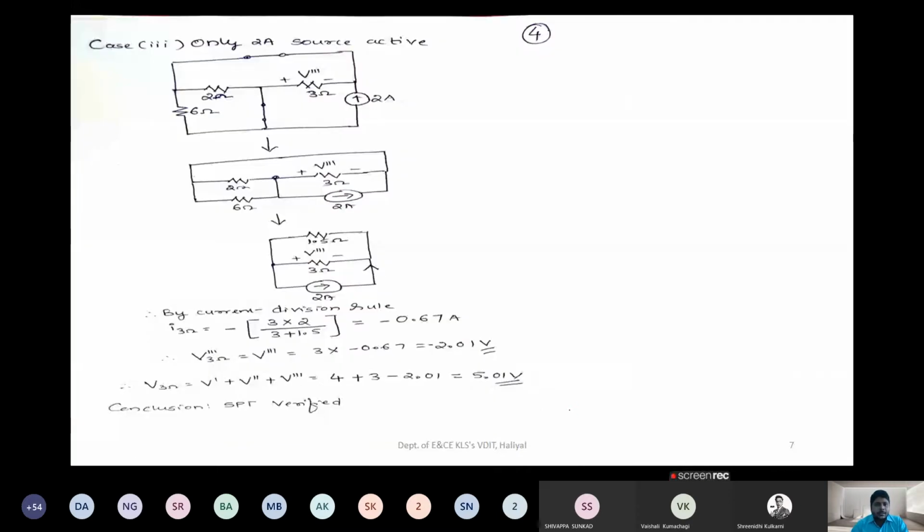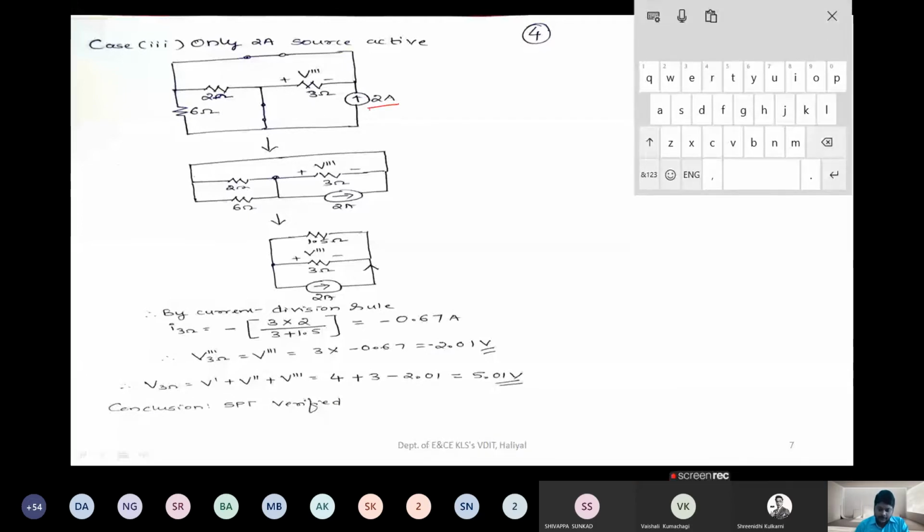Similarly, the last case, which is the last case now, using the current source. If you use the current source, then you have to short circuit both voltage sources. So here we had voltage sources, they have been short circuited, right? Now if you modify the view, you will get this circuit. 2 and 6, they are in parallel, right? So if you use them, their equivalent value will come out to be 1.5. And similarly, by the current division method, if you apply here, so what do we want?